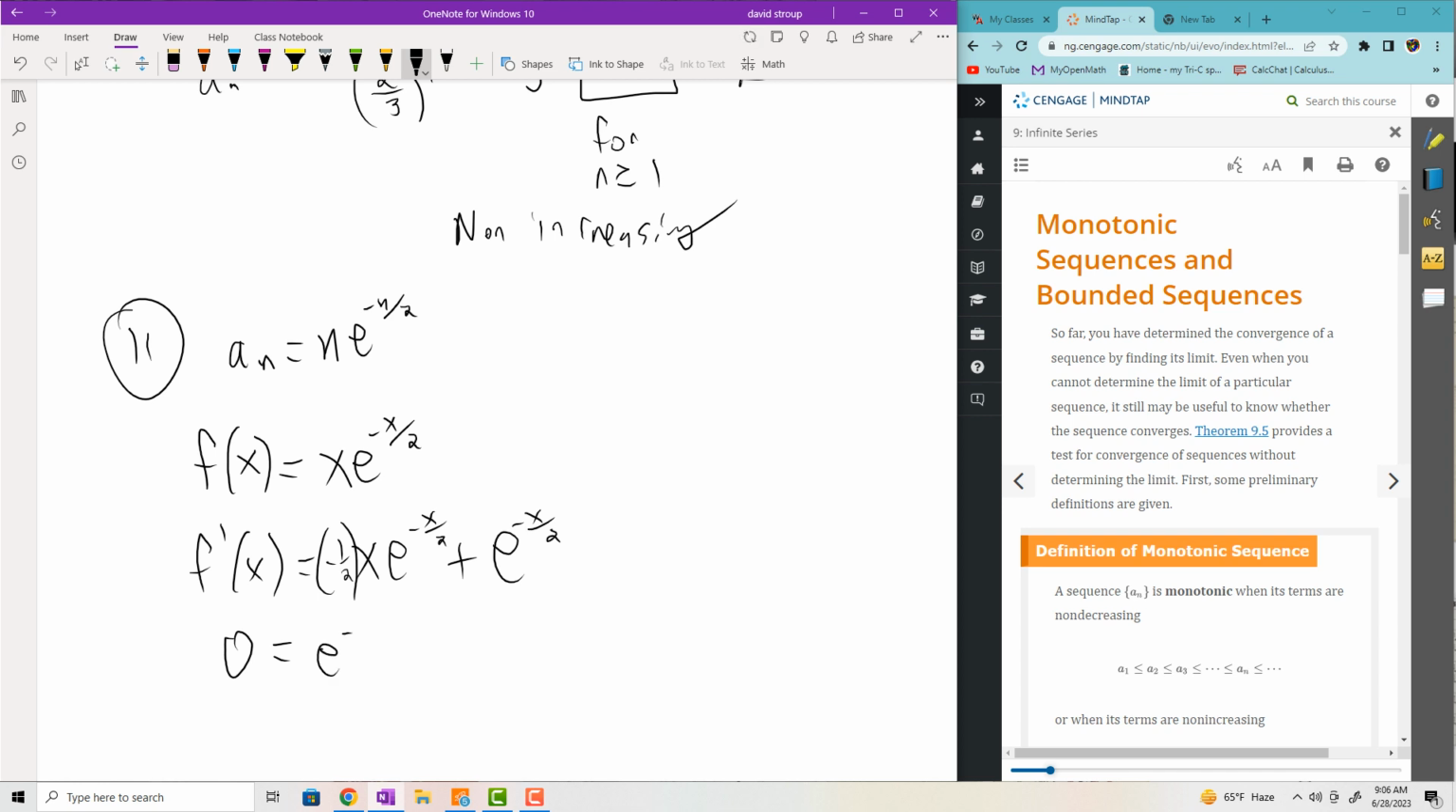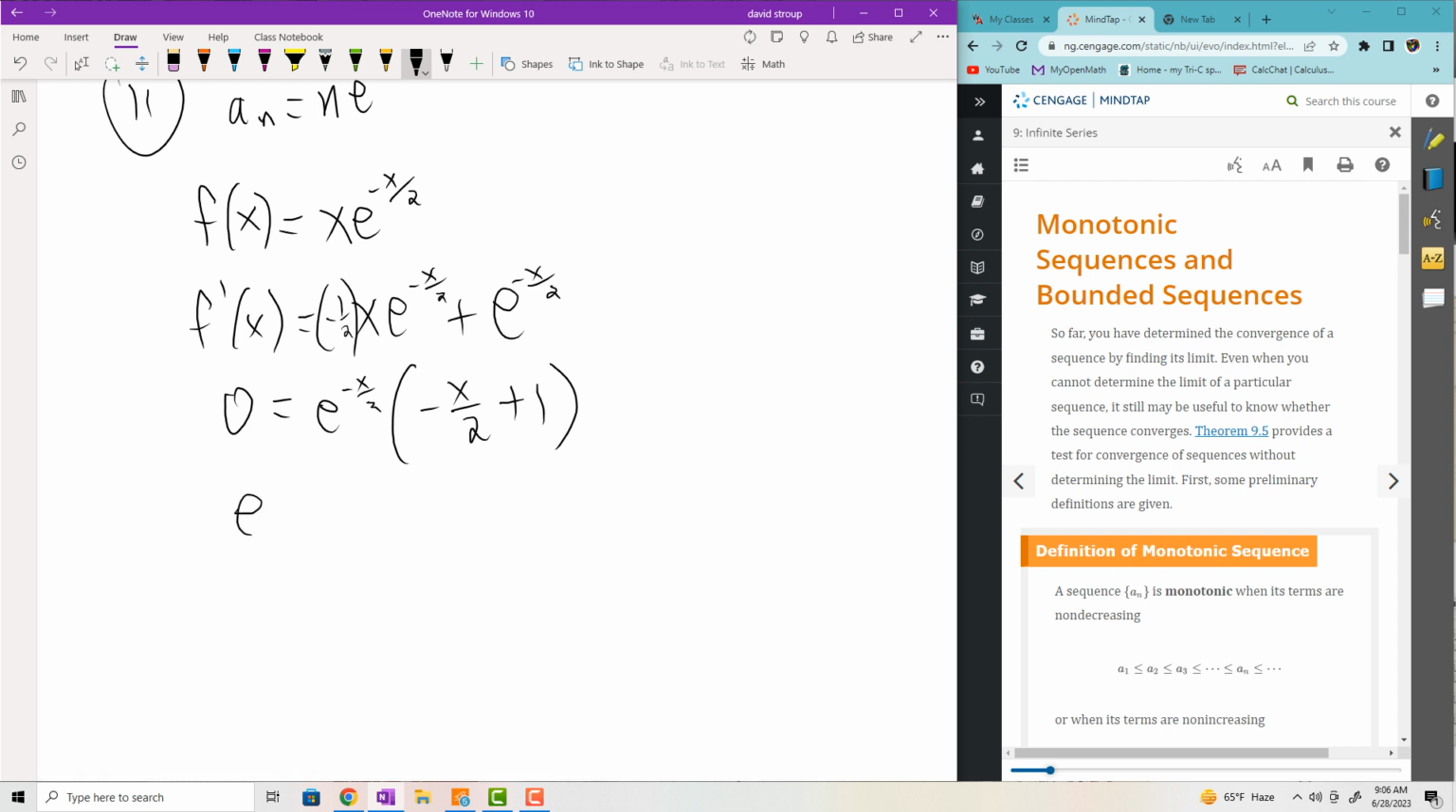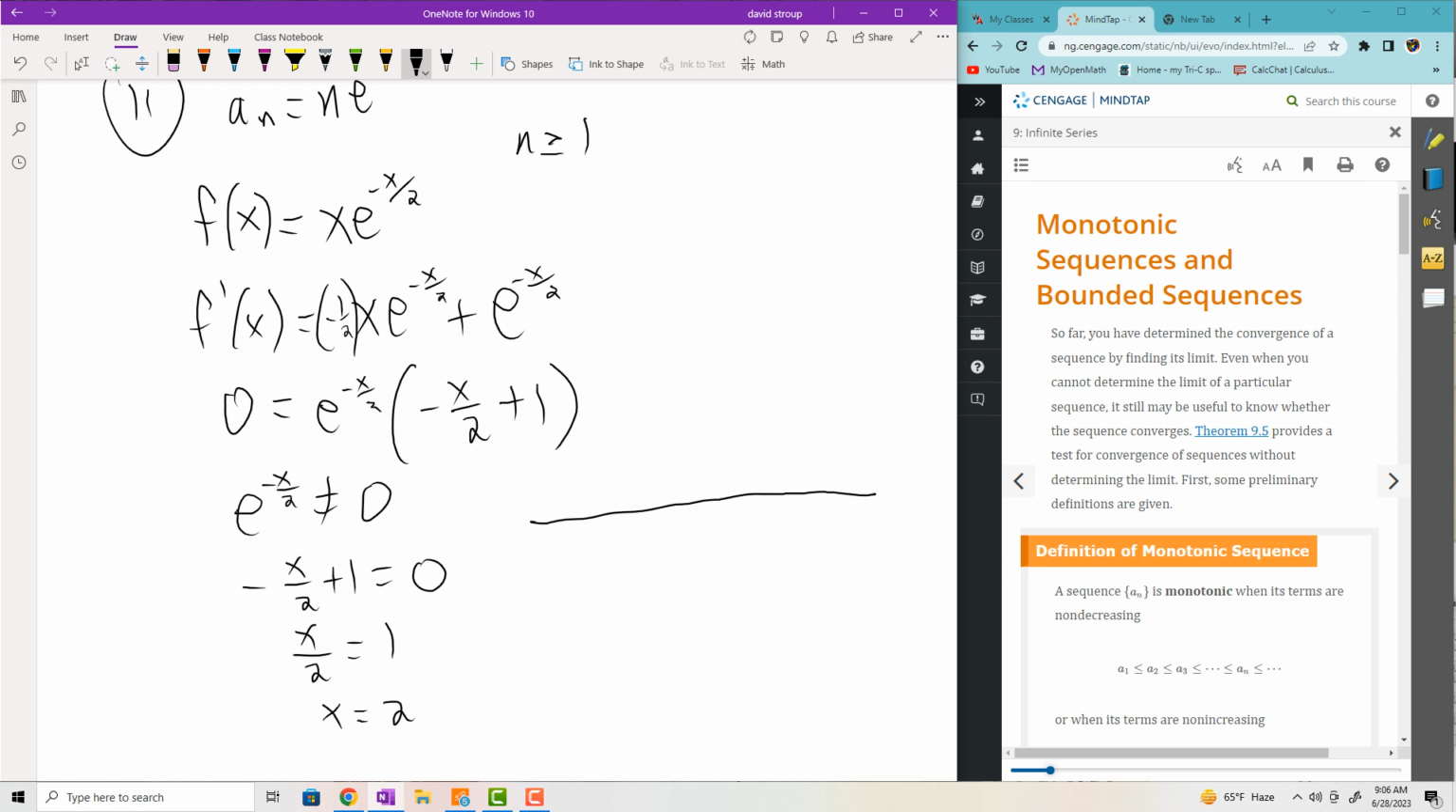So I can factor out e to the negative x over 2. We have negative x over 2 plus 1. E to the negative x over 2 will never equal 0, but negative x over 2 plus 1 will when x is equal to 2, I believe, right? So x is equal to 2. So it looks like there's some sort of maximum at the number 2. We, in particular, care about n values greater than or equal to 1. Okay, so we're just going to start here at 1, and then there's something weird happening at 2, so we can do a test value, a sign,